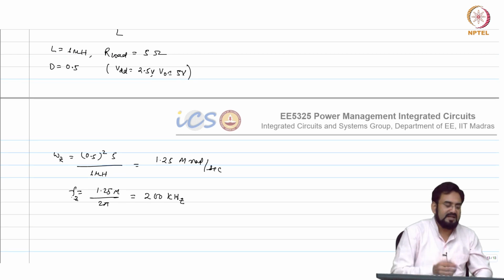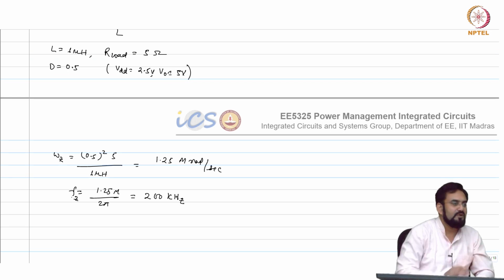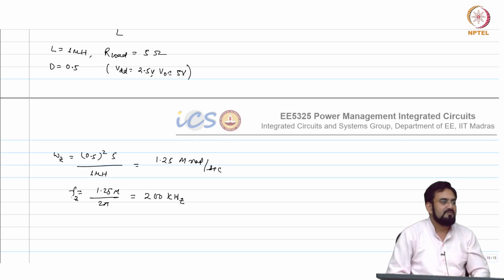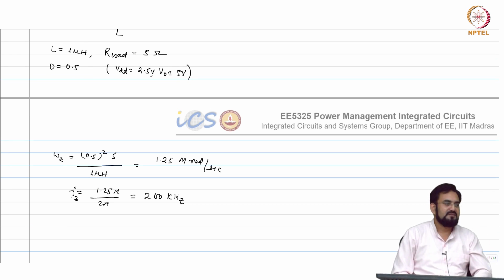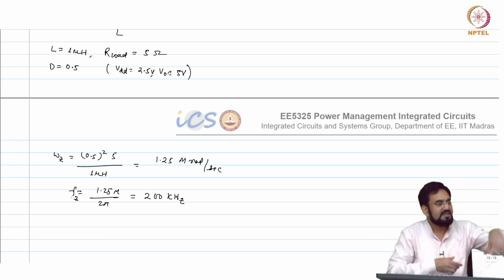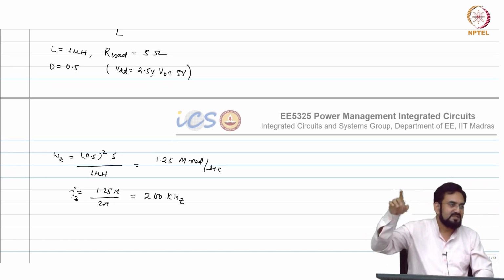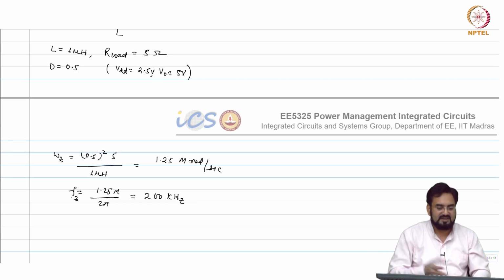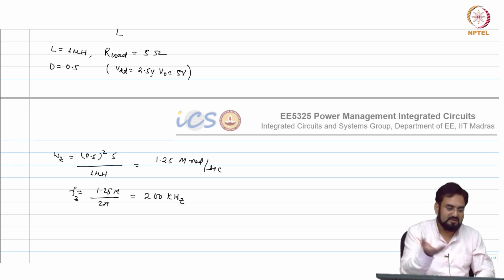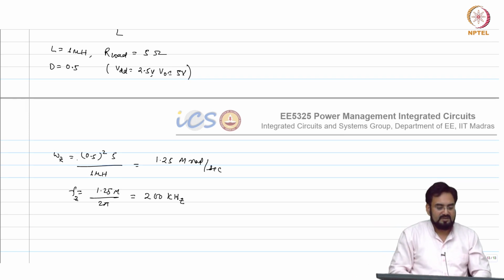And I cannot cancel it. If I place a pole, that will again drop the phase and make my phase margin even worse. So cancelling the right half plane 0 is very difficult. In the LDO case, we were able to convert it to a left half plane 0 by using that nulling resistor, but in this case it is very difficult. So the only way is to control it through your values D, L and your load current.